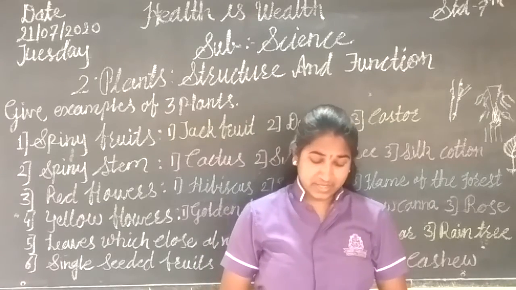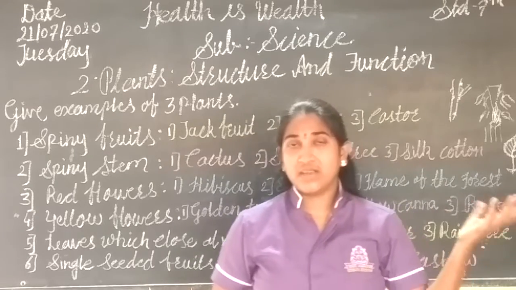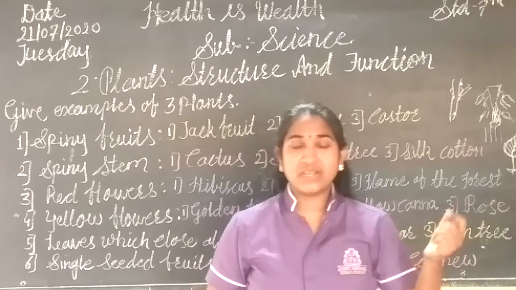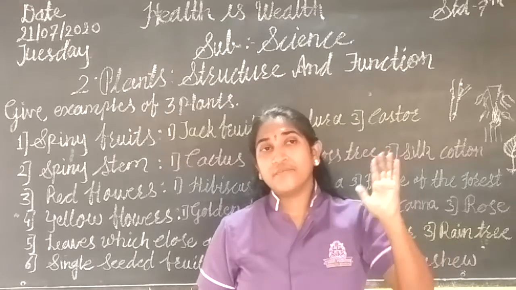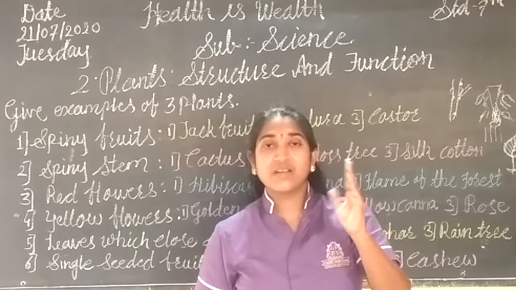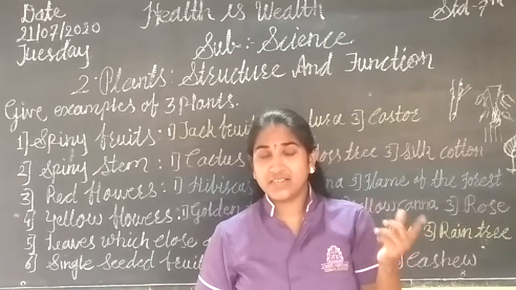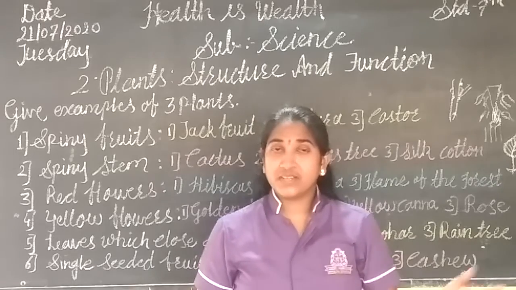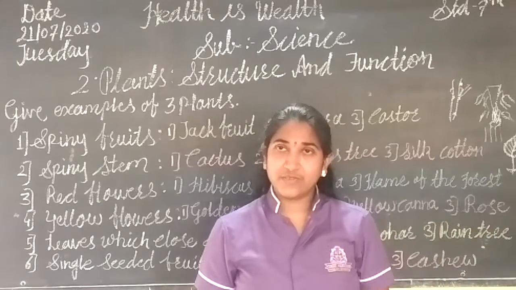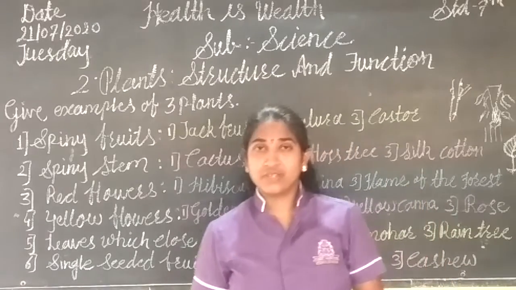Now the next example we saw was the hibiscus flower. Have you done any experiment about the hibiscus flower? We already learned that we have to cut it in the middle, and then you can observe the different things in it, right? So if you have not, then try today or just observe and think about what it is.